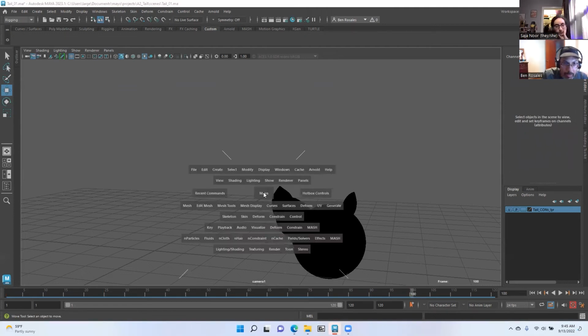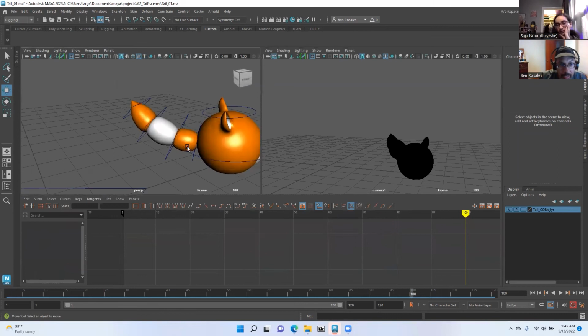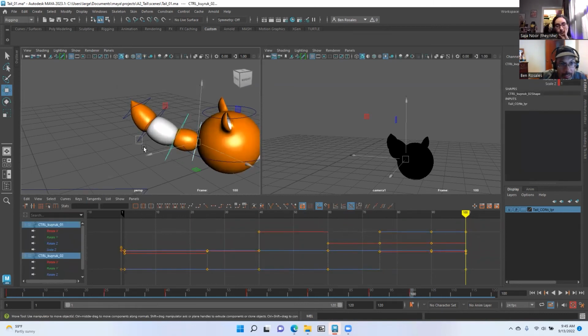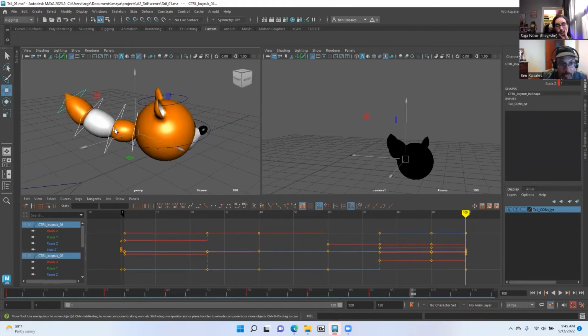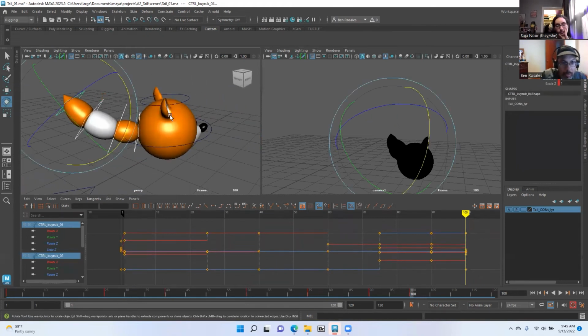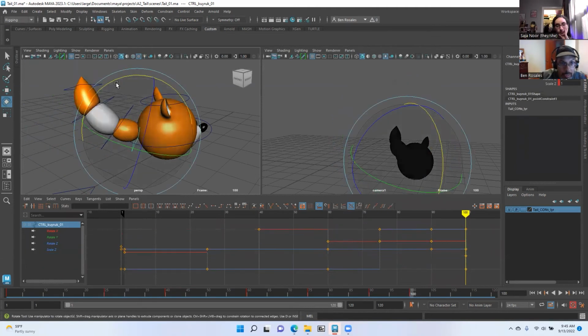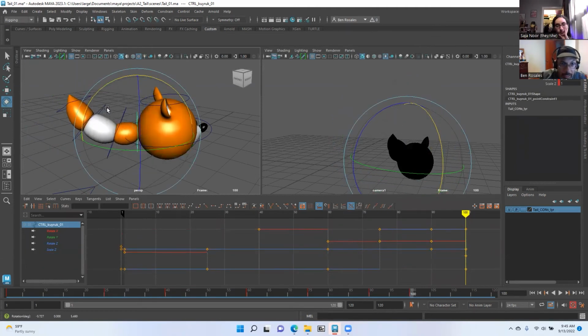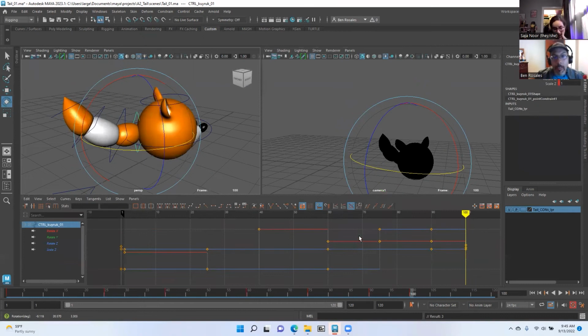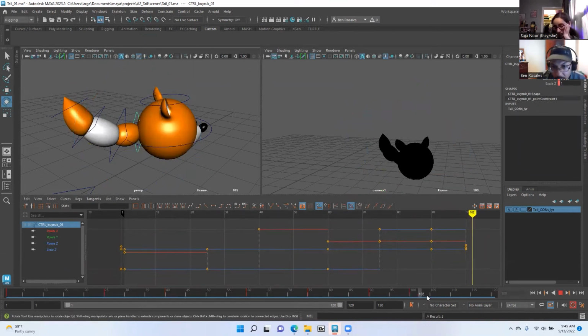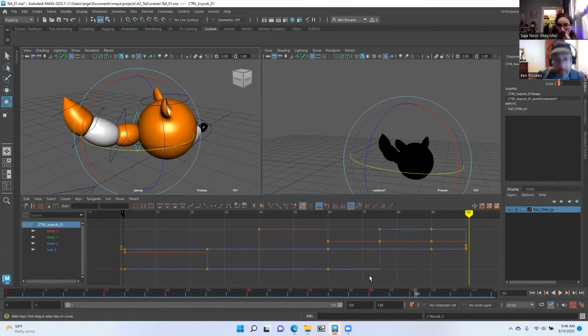So if I go back to my perspective view where I'm working, maybe I need to give this more arc, and then maybe lower the base of the tail, and maybe even rotate it this way. There we go. Now we have some negative space, a little bit of negative space. And I don't know, maybe he just pops up. Oh no, he got away. And then